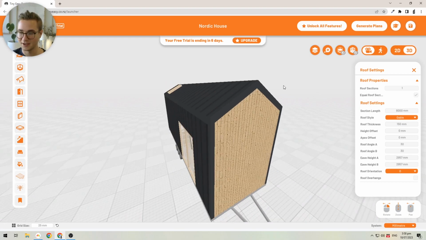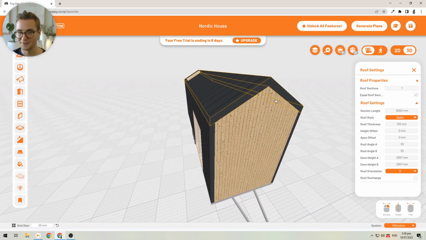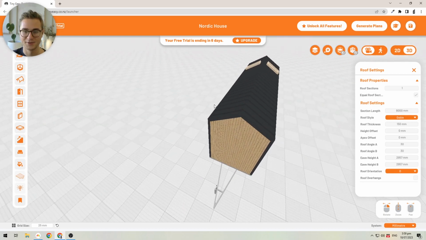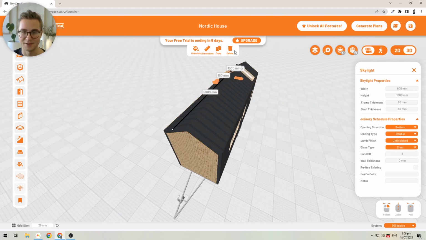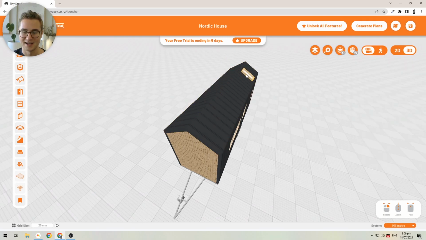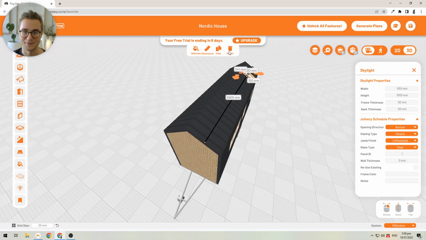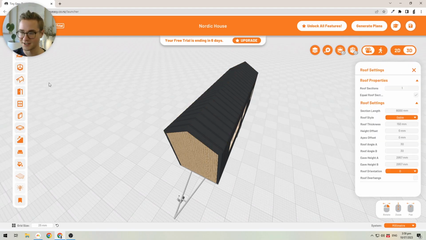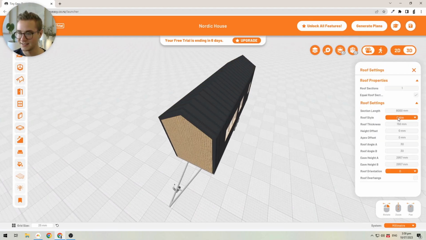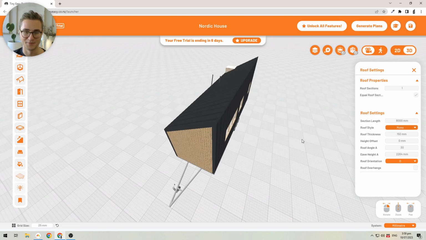And we can of course change the style of the roof. At the moment it's a gable shaped roof, but we can also change it to a shed style or monoslope roof. To do that, just before I do that, I'll just quickly get rid of the skylights because they might be in the way. So I'll click on the skylight and click the delete button here, and then click the delete button again for this skylight here that pops up. And now I'll go back into my roof section and let's change it to a monoslope roof or a shed